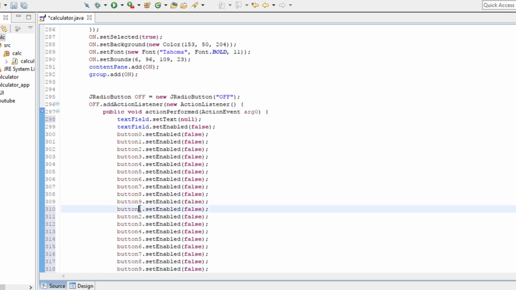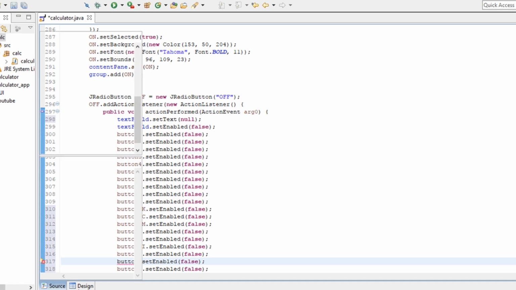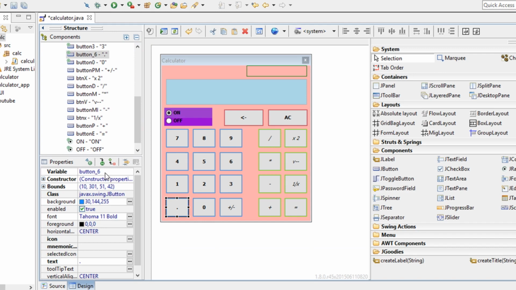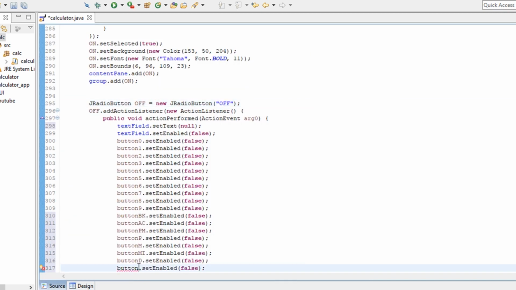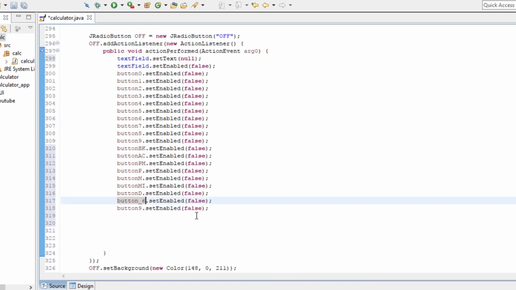Now let's give this for button backspace, and this for button AC, and this is for button plus minus, and this is for plus, this for minus, and that was for multiplication, and this for divide, this for what is about the variable of dot. You can check button 6, it is. Copy this and go to source. Sorry, you must go to source of off, button 6, and